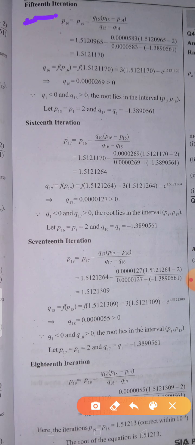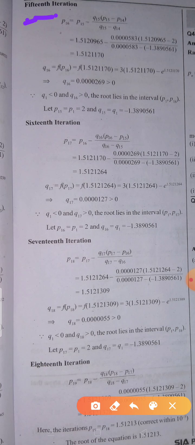P16 is equal to P15 minus Q15 into (P15 minus P14) divided by (Q15 minus Q14), which is equal to 1.5120965 minus 0.40583 into (1.5120965 minus 2) divided by (0.40583 minus of minus 1.3890561), which is equal to